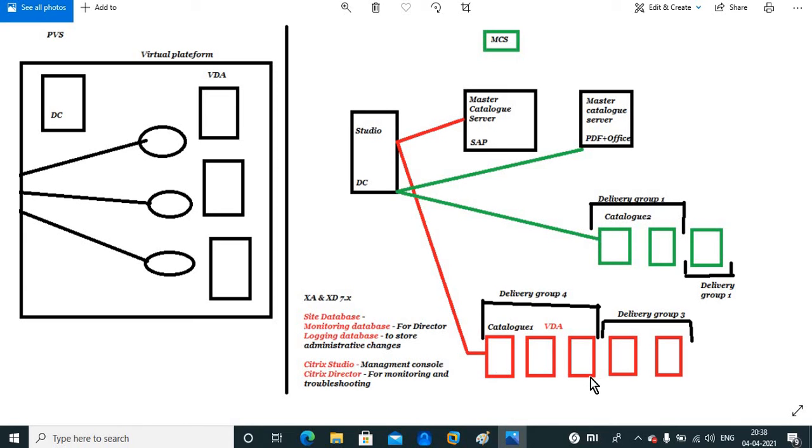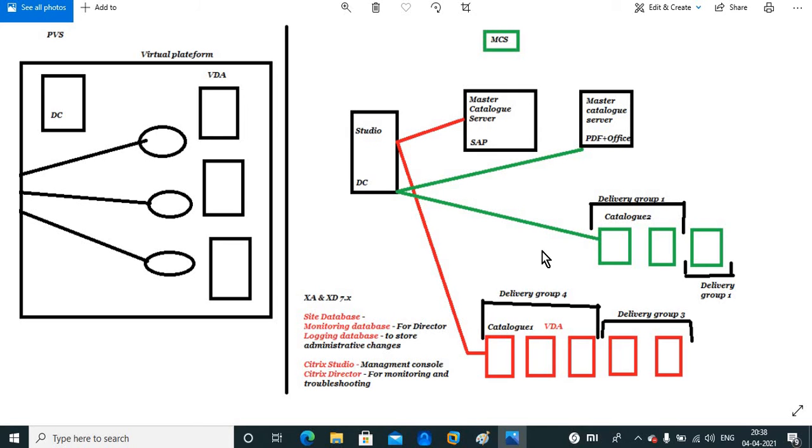Once the machine catalog is created, you will go to the next option, which is to create a delivery group or application. At the time of creating the delivery groups, you can select the number of application servers. In a delivery group you can keep one server, or two servers, or all servers in the same delivery group. Or you can create multiple delivery groups using these servers, like first and second servers for delivery group 1, third for delivery group 2, third and fourth for delivery group 3. Okay, and according to that you can publish the applications for the users.